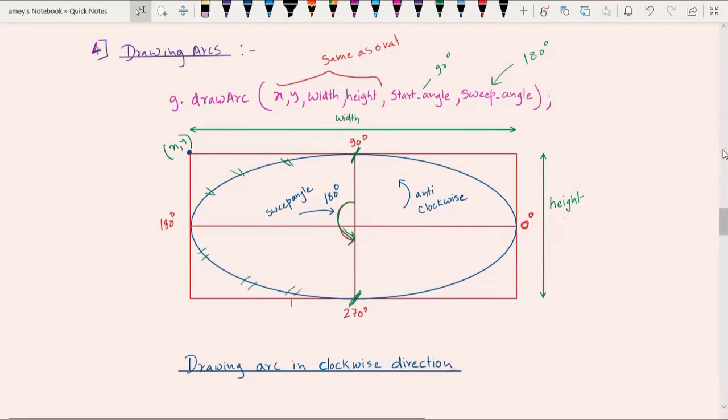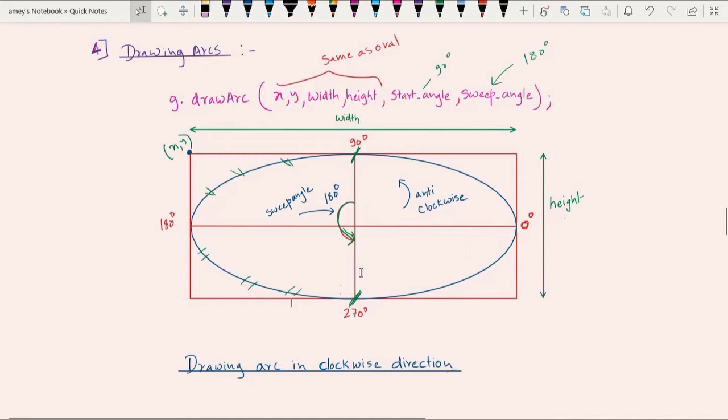Fine, this full arc will be selected. Now similar to draw arc, there is also a method called fill arc. The parameters are the same, the only difference is the fill arc method is going to fill this particular arc with color. Notice that although this point and this point are not joined, when using the fill arc method the color will be filled here and this point and this point will be connected.